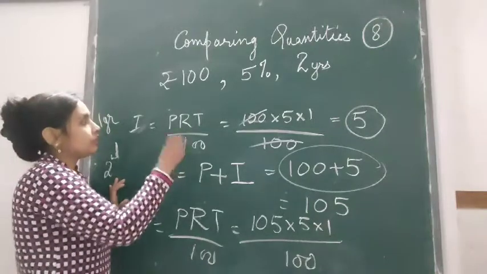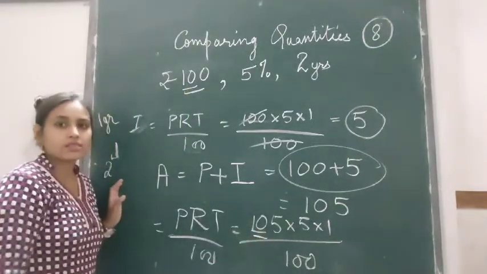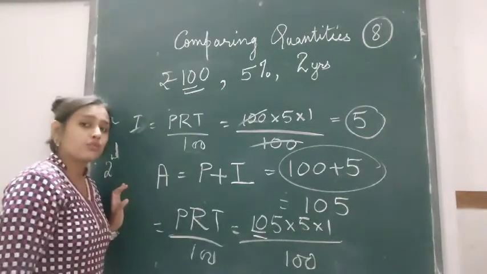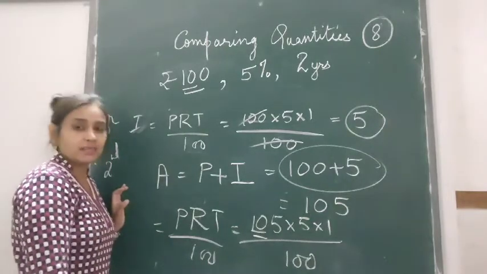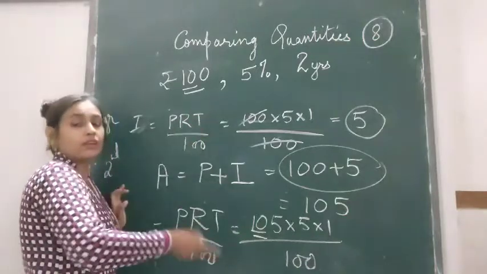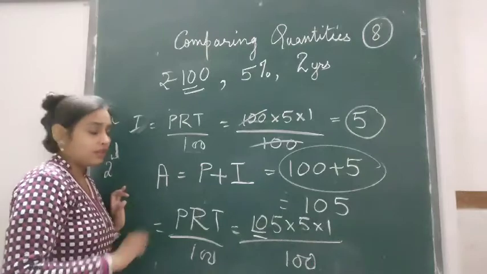So you can see here the amount varies, the principal varies every year, therefore the interest also varies every year, and such interest is not simple interest, but it is interest which is compounded, or you can say compound interest. Okay, now let's find out